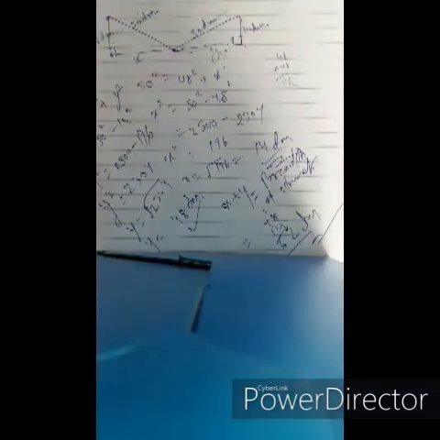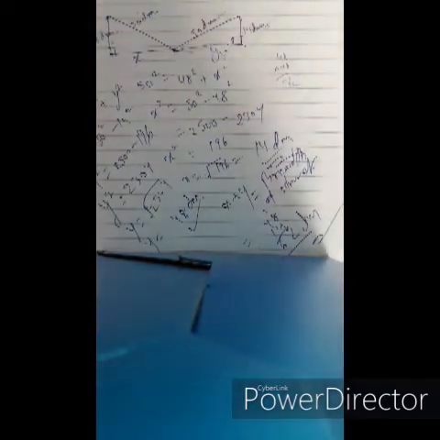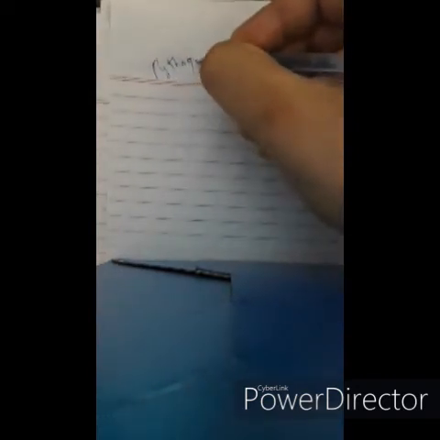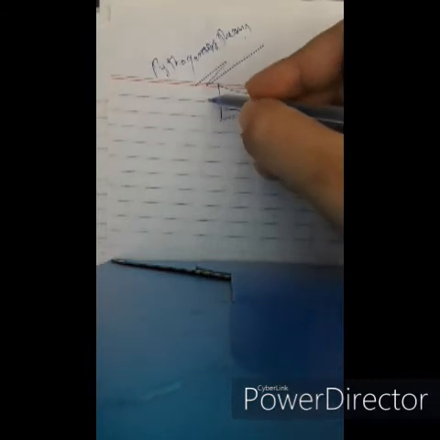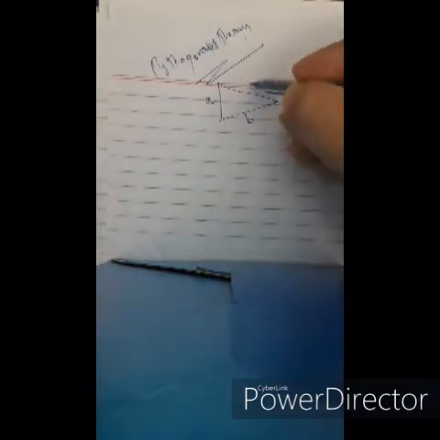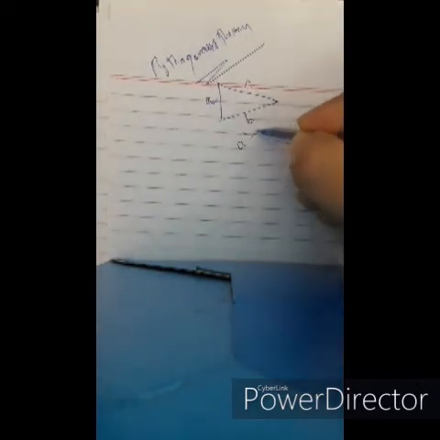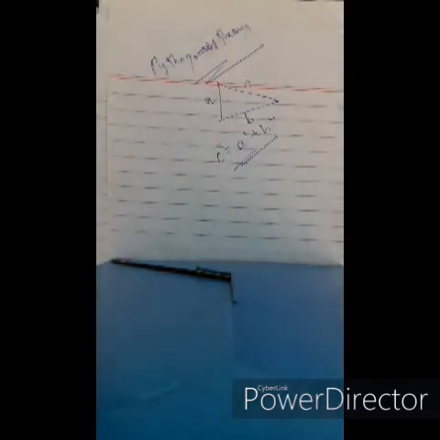Now we'll take a look at a theorem: how to prove Pythagoras theorem. So now we'll prove the Pythagoras theorem. Suppose we have a triangle with perpendicular as A, base as B, hypotenuse as C. We have to prove that A square plus B square equals C square, that is, square of hypotenuse equals perpendicular square plus base square. Alright, so how do we prove that? We'll make a construction here.